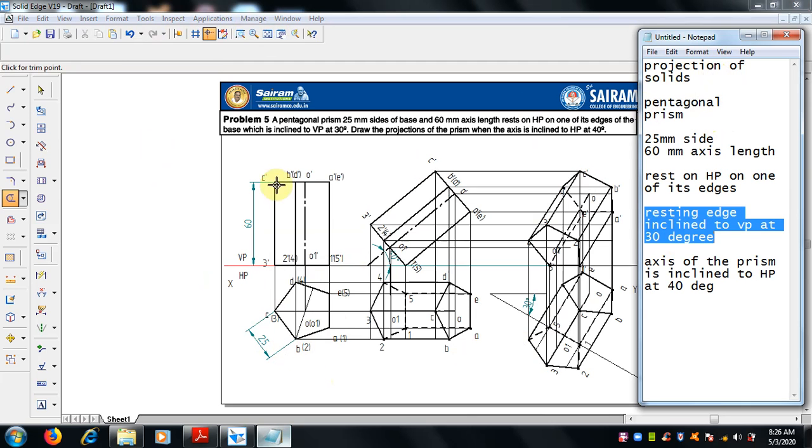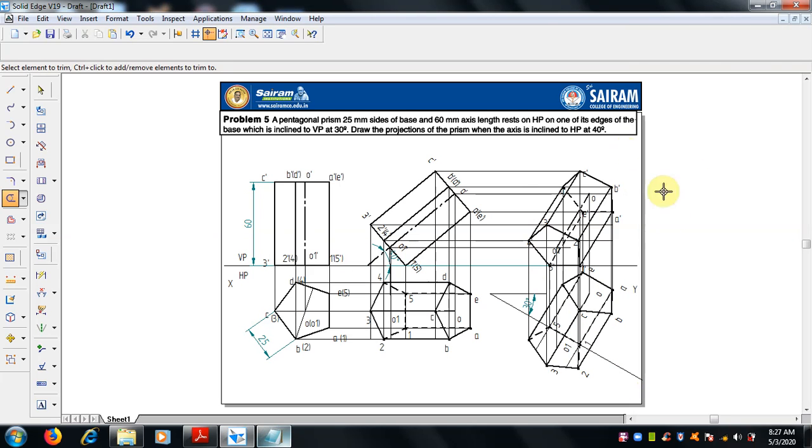This pentagonal prism has a rectangular face. So first is right, 25, 60 is over, the inclination angle of the axis of the prism is 40, and the resting edge is inclined at 30 degrees to the VP. So this is the problem solved now.